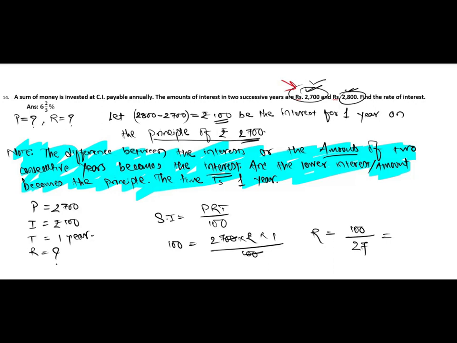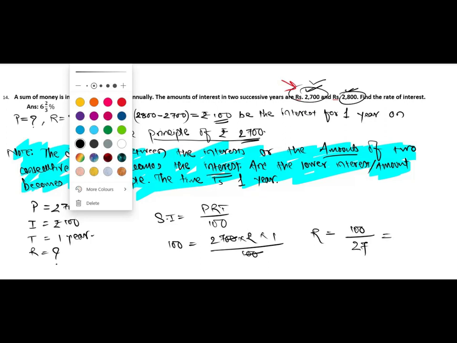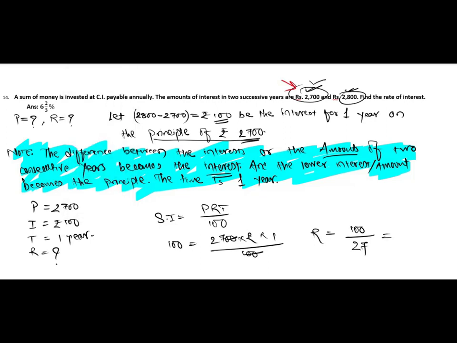Hey, there is one mistake in this question, a typing error which I would like to clear right now, because I have the textbook and I just checked. I have been struggling with this typing error for a long time, because every year I come across this question and there is this typing error. Here it's not 2800. The real question in the textbook is 2880. So let's make some changes. Nothing changes. The pattern, the technique remains the same. I'm just going to make this 2880.